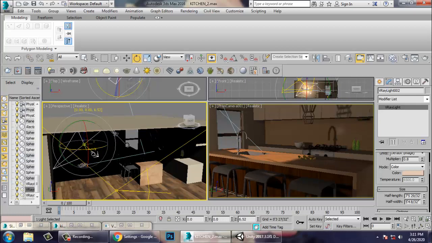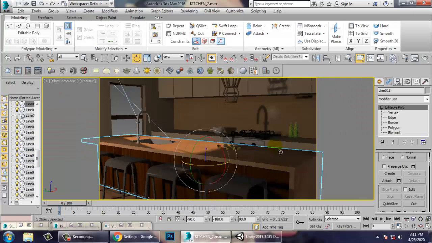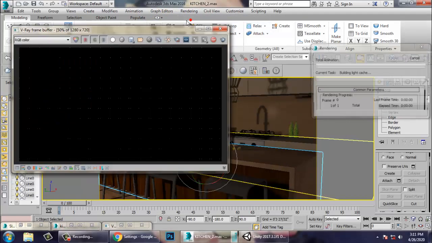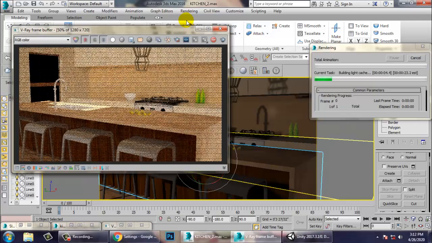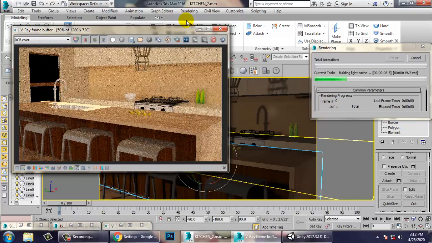Alright, so once you're done, let's just check the rendering over here. So still the light is very high. So we need to work more on the lights.